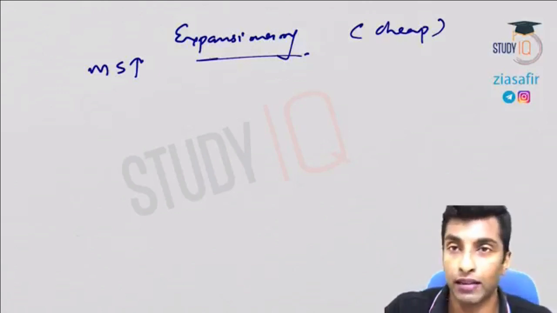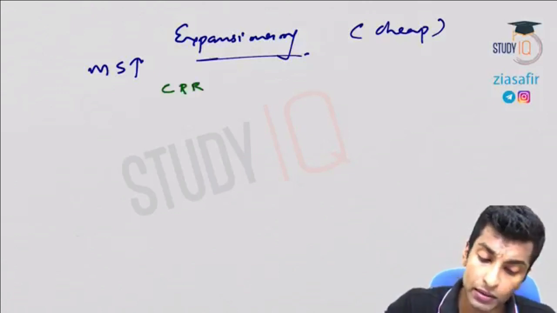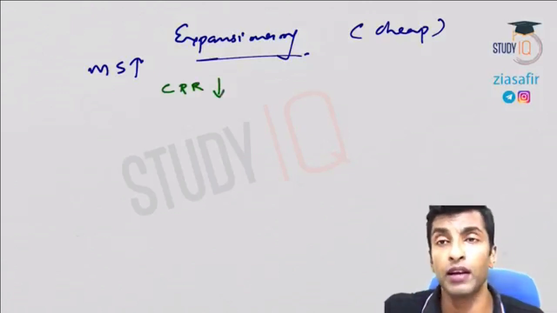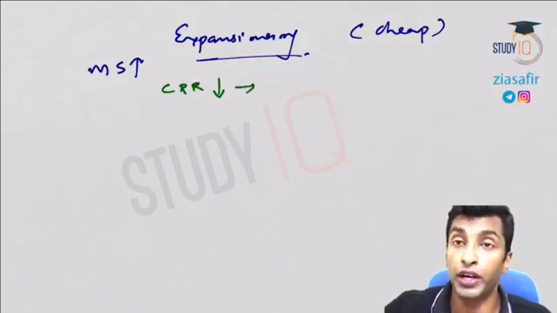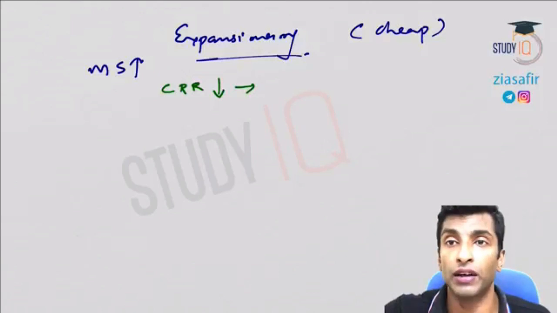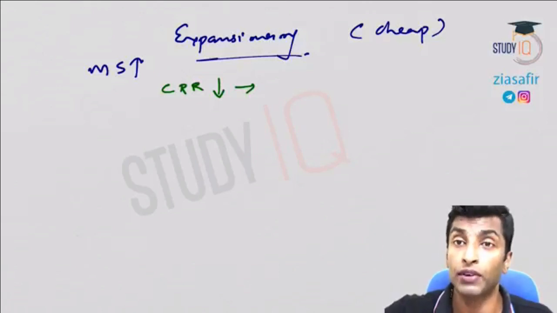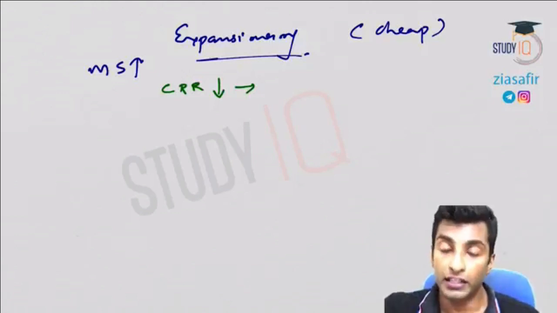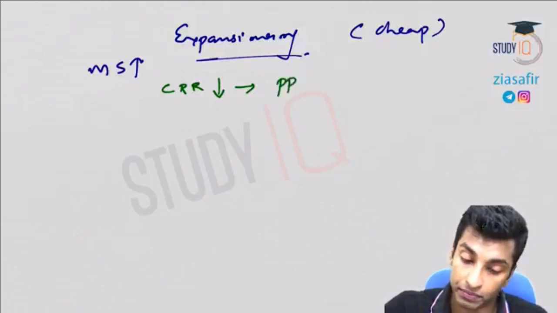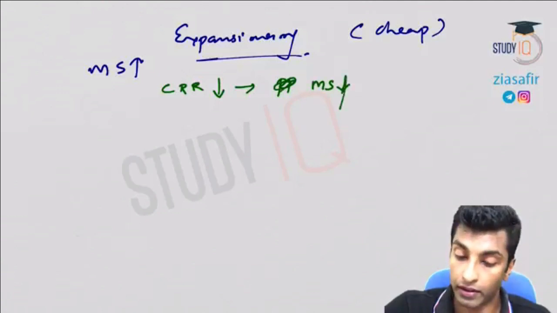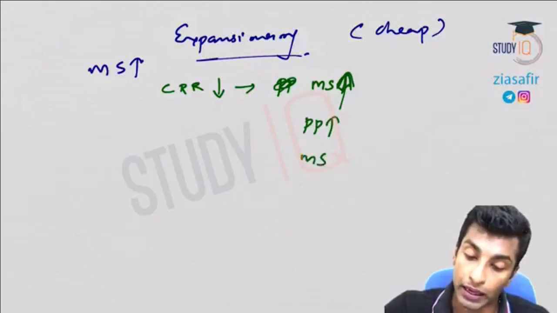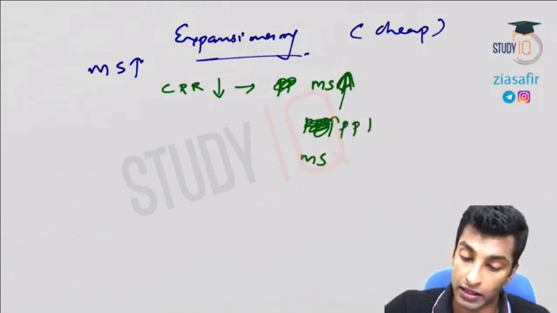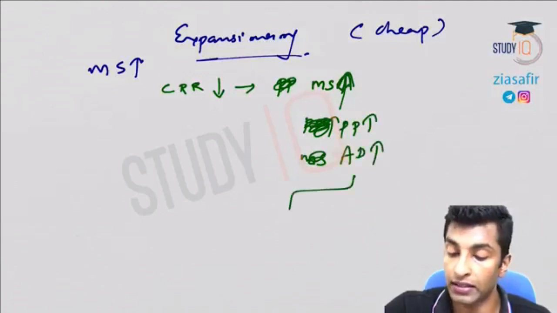Let's take the first instrument, then everything else is connected with that only. CRR. If you decrease, what will happen? You decrease CRR, you need to keep less money with RBI, so your lending capacity will increase, credit creation capacity will increase. That will result in increase in money supply, increasing demand, and growth. Okay, so CRR decrease means purchasing power, or rather money supply, increase. So purchasing power increase leads to aggregate demand increase, that leads to